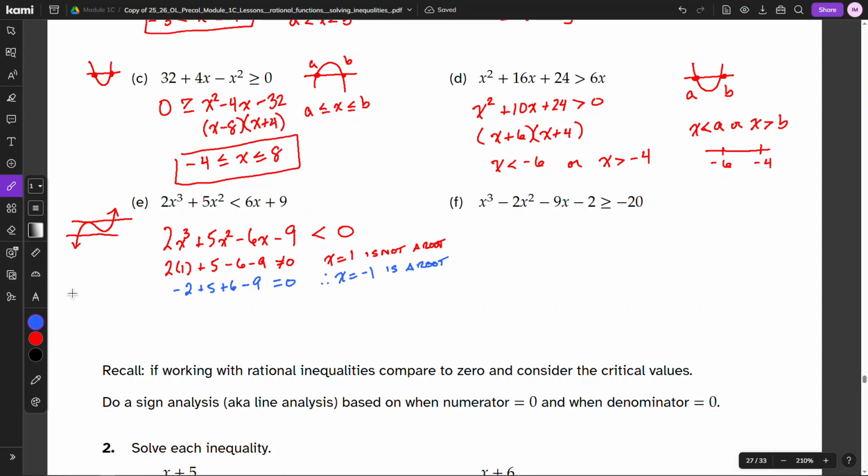And so now if I do synthetic division, so here's negative 1, synthetic division, I have 2, 5, negative 6, negative 9. Do the synthetic division, bring down the 2, multiply, add, multiply, add, multiply, and I know I should get 0. Then I know that my factored form is going to be x plus 1 times 2x squared plus 3x minus 9